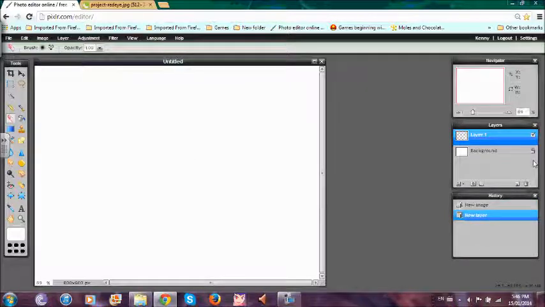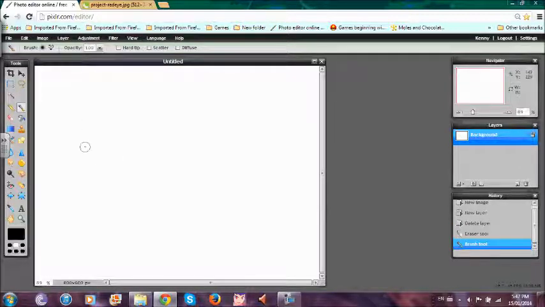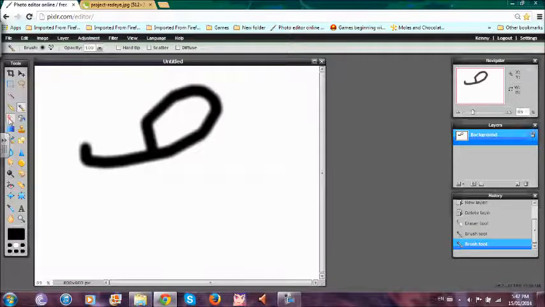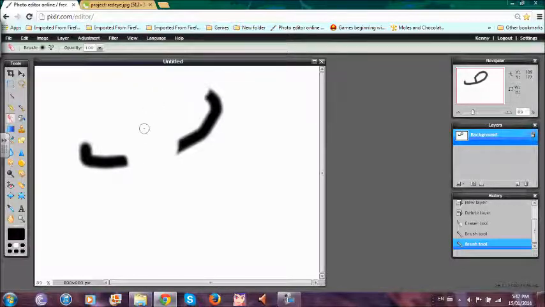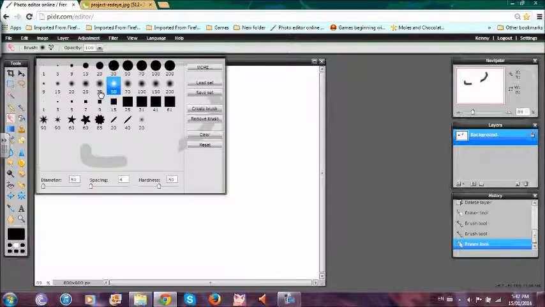So delete this layer again. So then now if you erase, you don't erase through the paper. So for time's sake,